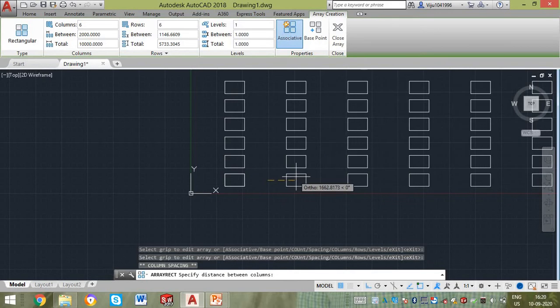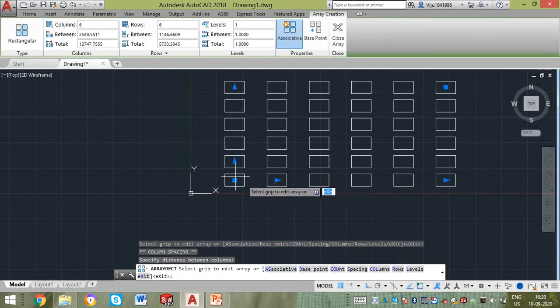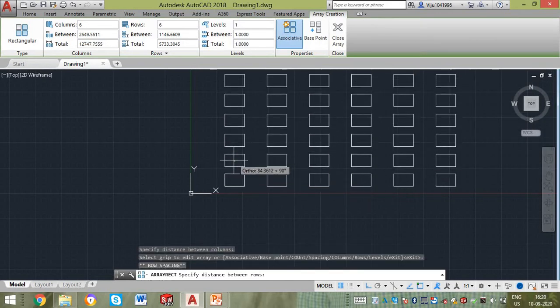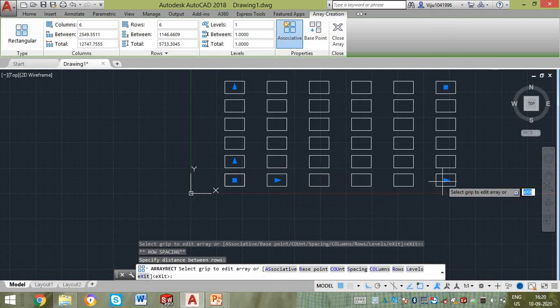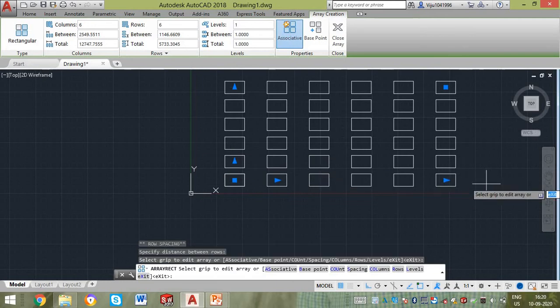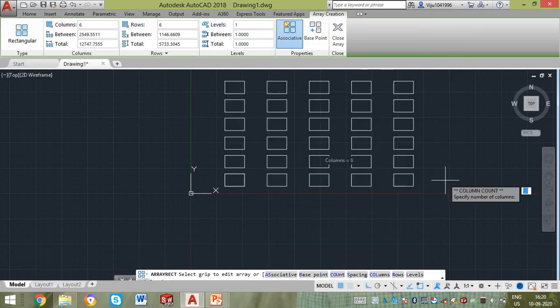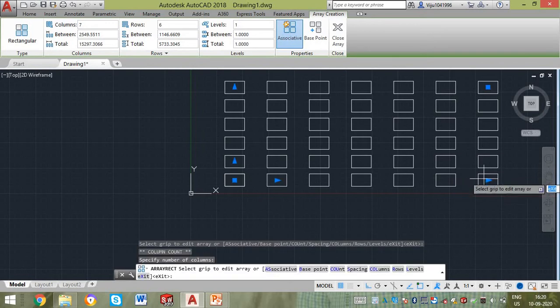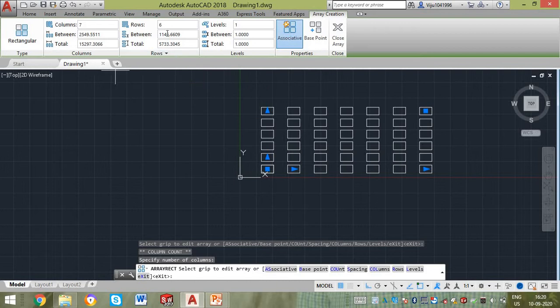This intermediate one, which is closer to the original one, is for altering the distance between each other, and the outermost one is for increasing the number of rows or increasing the number of columns. This is how the rectangular array works.